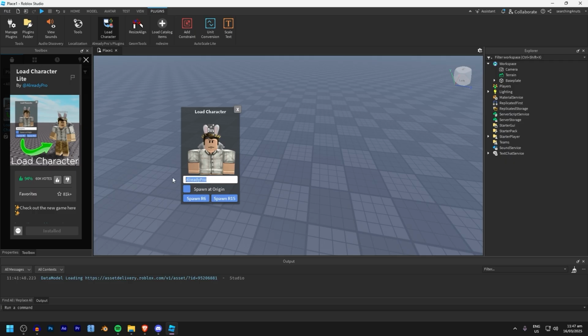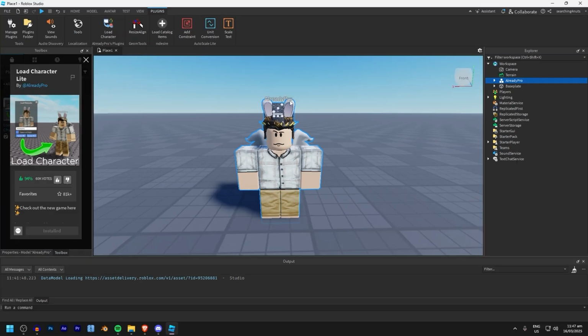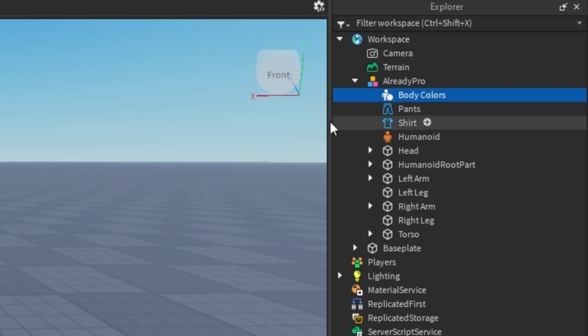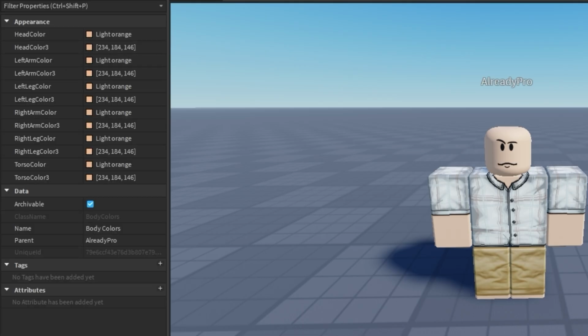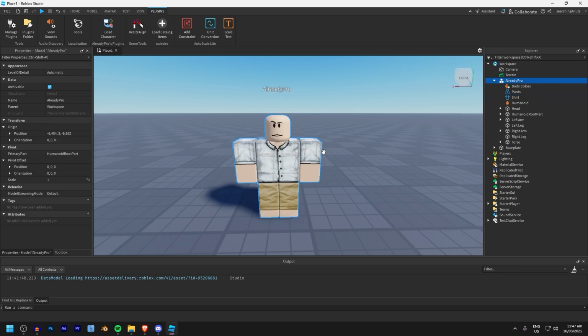In here, you can type in anyone's username and click Spawn R6, and that will spawn in their avatar. With whoever's avatar, you can also open it up and change all of the different accessories here if you want, so I can delete all these accessories. You can change the body colors under the properties. You can change the ID of the shirt and the pants if you want to change what shirt and pants